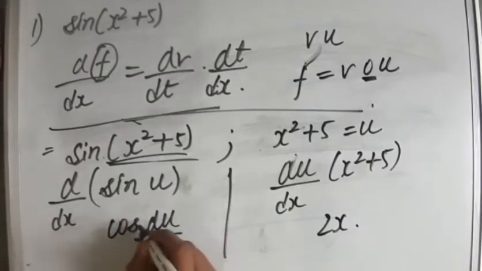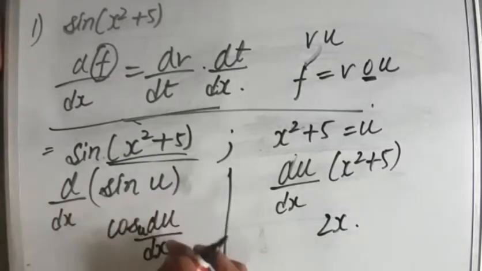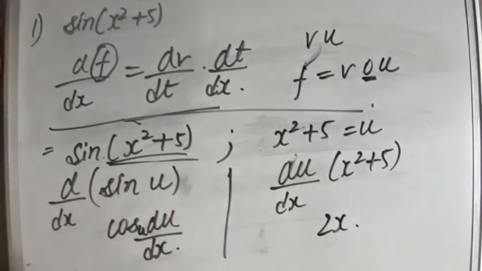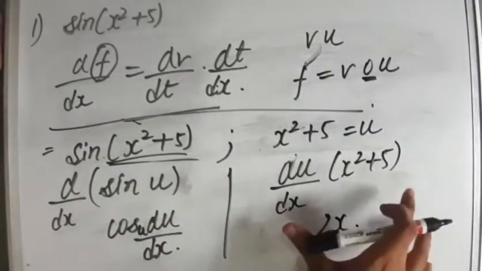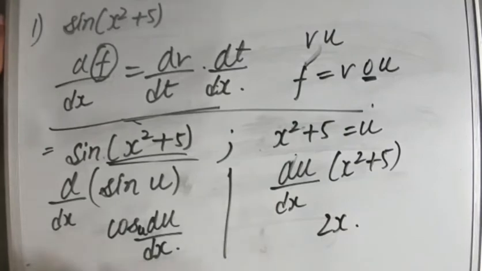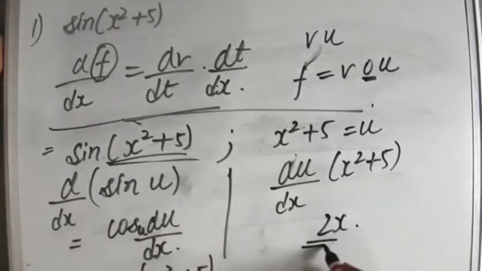I made a mistake over here. Cos u will come as it is, and then we will need to differentiate u. Cos u as it is. So what was u? I am substituting these values here. Apart from that, I haven't done any other thing. Cos u was cos of x square plus 5, and du by dx equals 2x, which I need to write down here, and this is our answer. So this was the very first question of exercise 5.2